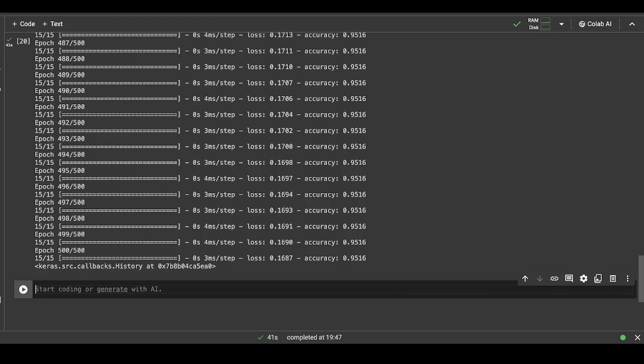Now we will check the loss and accuracy. Here itself you are able to see that the accuracy is around 95% and the loss would be somewhere around 5%, 4%, something like this. But we'll check it explicitly. So we will use the model.evaluate method, and in that we will evaluate on the test set.